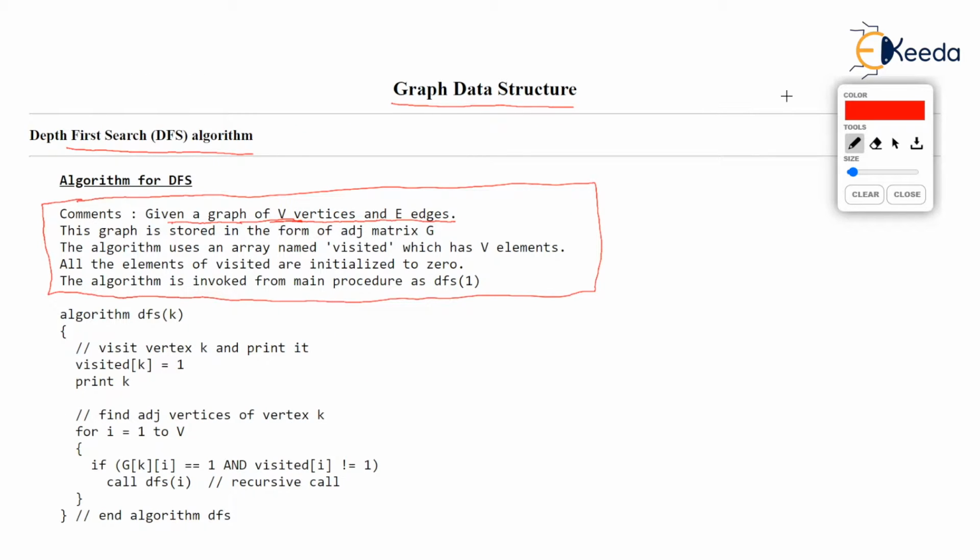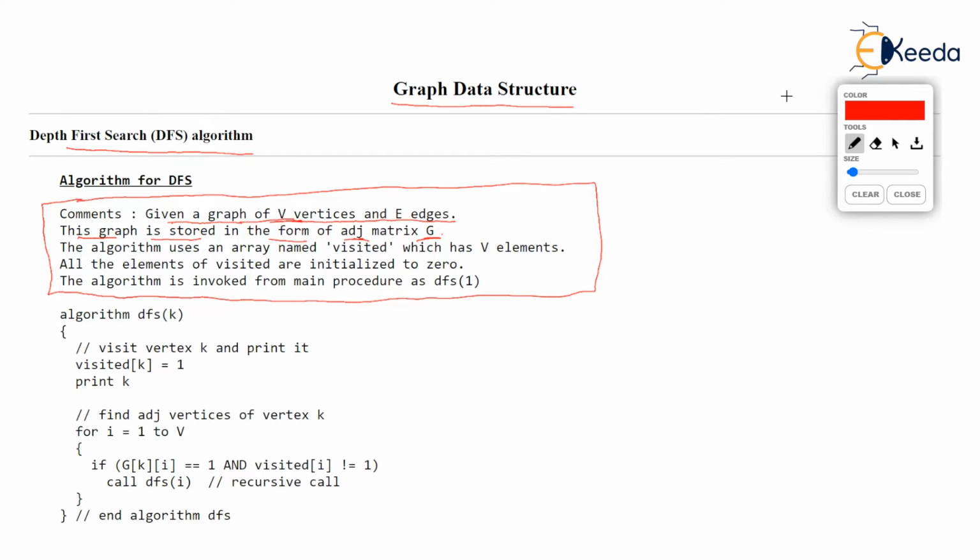Now, we assume that this graph, which has v vertices and e edges, is stored in the form of an adjacency matrix G. You know that there are two ways to store the graph. In our first video on the graph we saw we can store a graph by using either a matrix or an adjacency list.